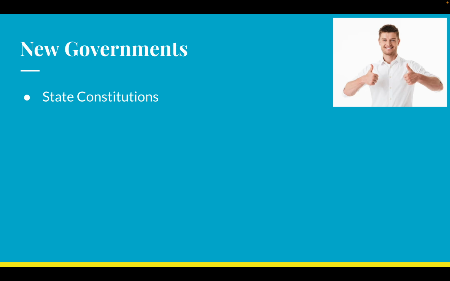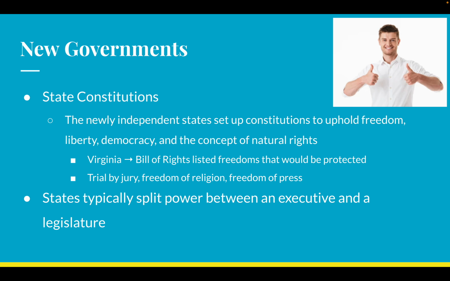Now, since 1776, we have effectively been governing ourselves as an independent nation, and we set up the Articles of Confederation. This is not the current form of government. This is a very short-term version of government that we have for about the first 10 years that we exist. And that's what we're going to talk about today.